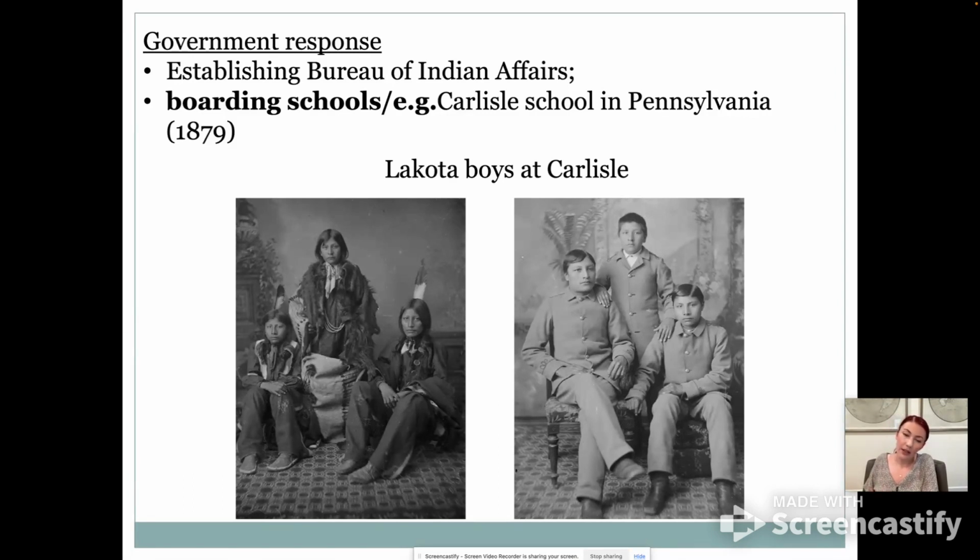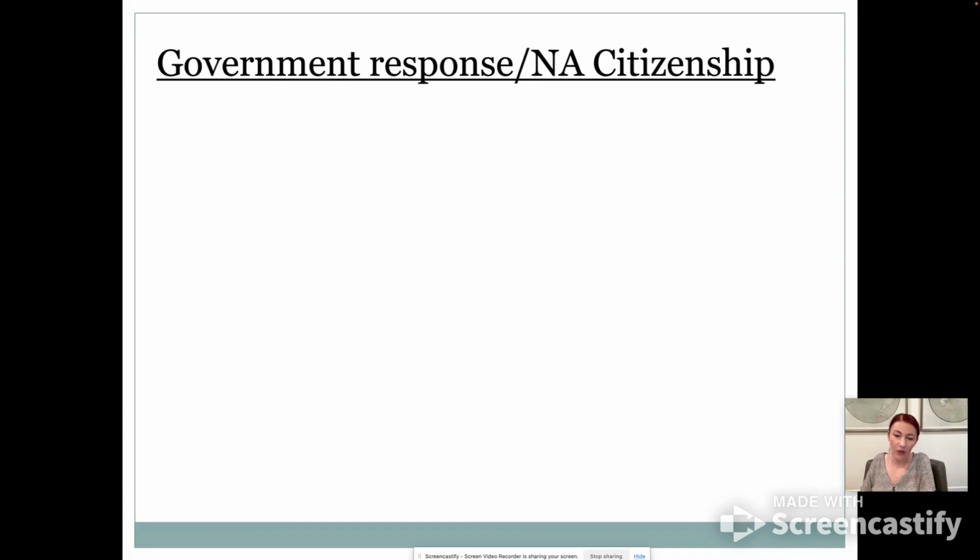As we continue to have a conversation about how the westward migration would impact the lives of Native Americans, we also want to address the problem with Native American citizenship. And we have learned in past lectures that the 14th Amendment grants the rights of citizenship to newly freed African Americans. And it also specifies that every person who is born